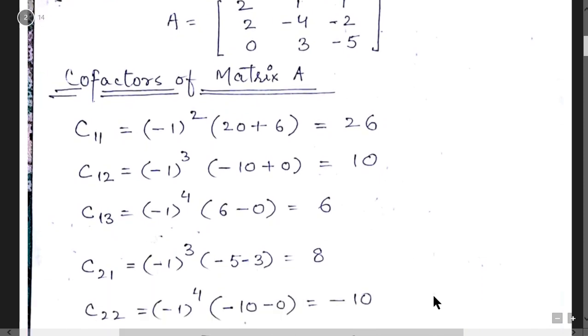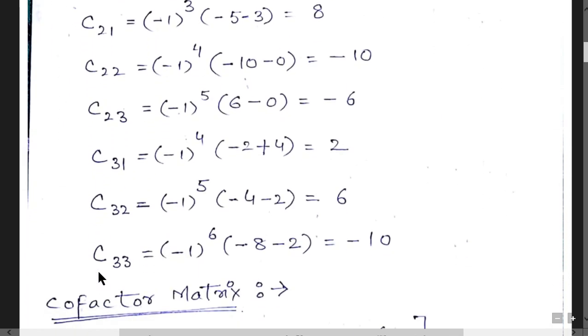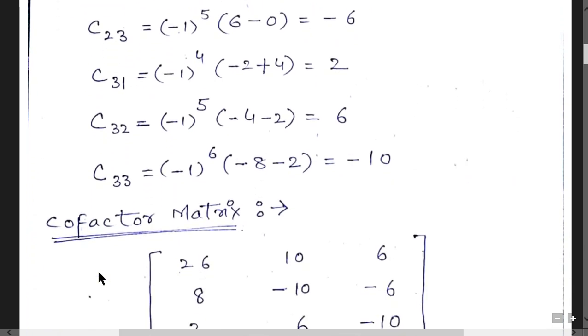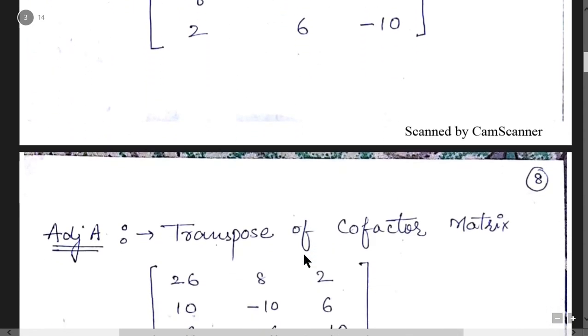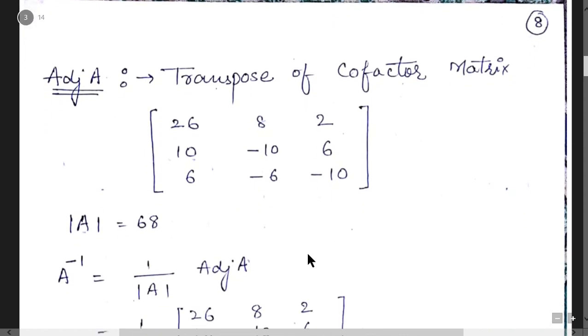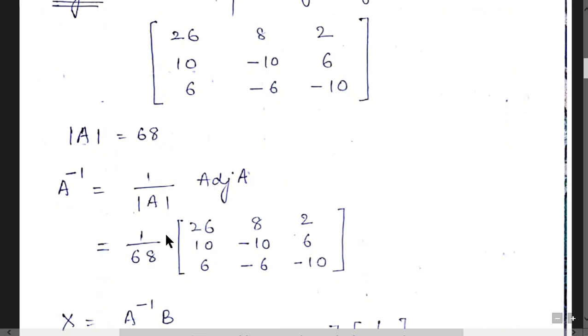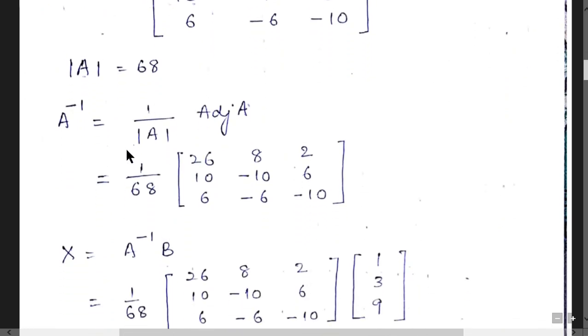Then calculate the cofactors of this matrix: C11, C12, C13, C21, 22 and 23, 31, 32, 33. After the calculation of cofactors, you can design the cofactor matrix. Then by taking the transpose of this cofactor matrix, you can write the adjoint, and the modulus of A is 68. We have already calculated this. Now the formula for inverse is A inverse equals 1 over determinant of A into adjoint of A. Then multiply A inverse with B,